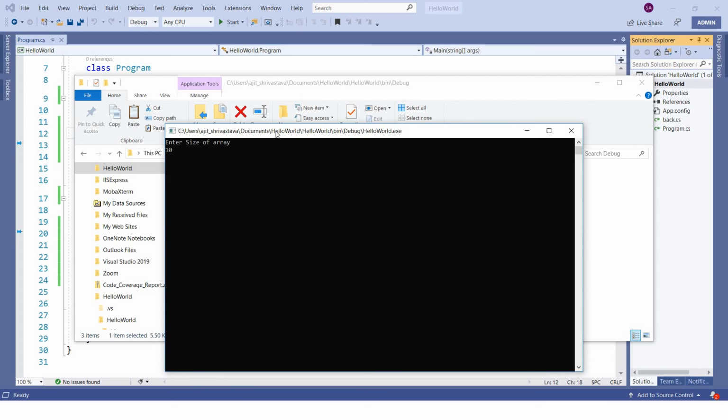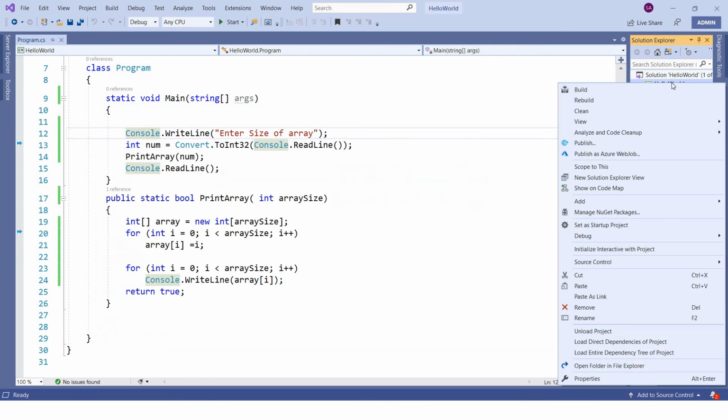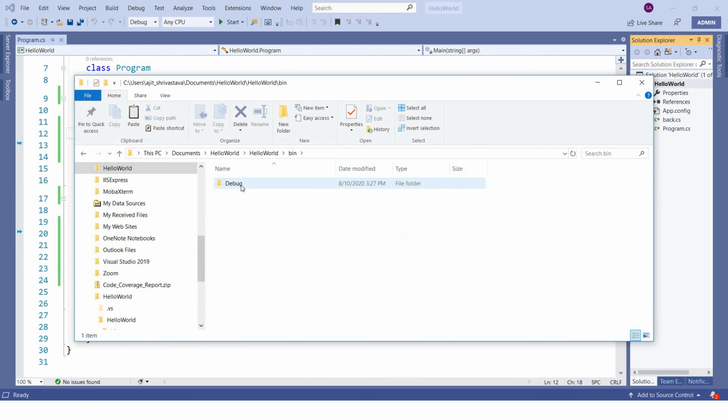So 10, enter, and you should see the same thing here. So instead of going to Visual Studio, if you just want to run the application or give this exe to someone else, you can come to this location. This location is nothing but, right click on your project, Open in File Explorer, you will see a bin folder, go to bin, debug, and you should be able to see this.